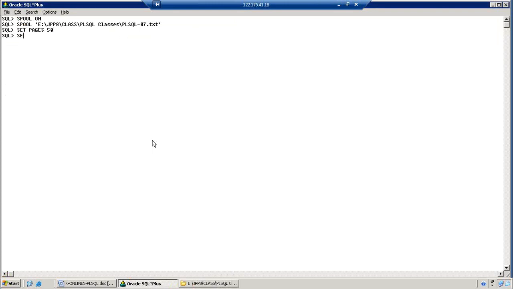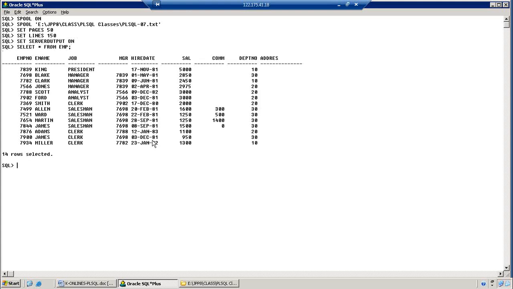We need to set pages, we need to set lines, and so here observe this. We are going to insert the data into another table while using a cursor. First we want to create a table. We want to create a table, but we don't need to insert the data. Through the cursor we want to insert the data, right? So here I want to create a table,